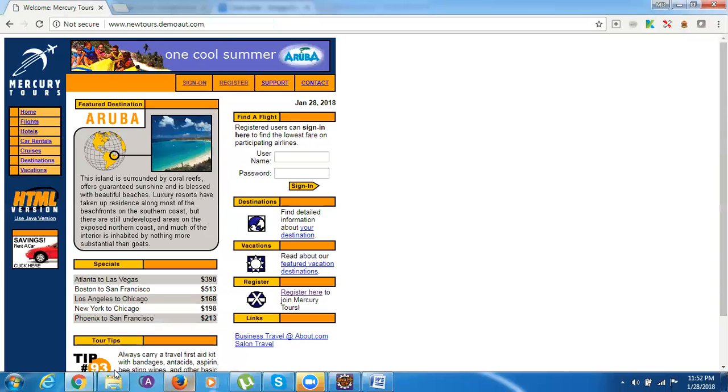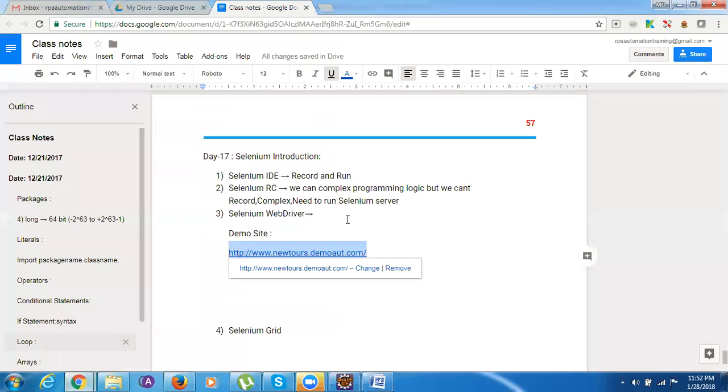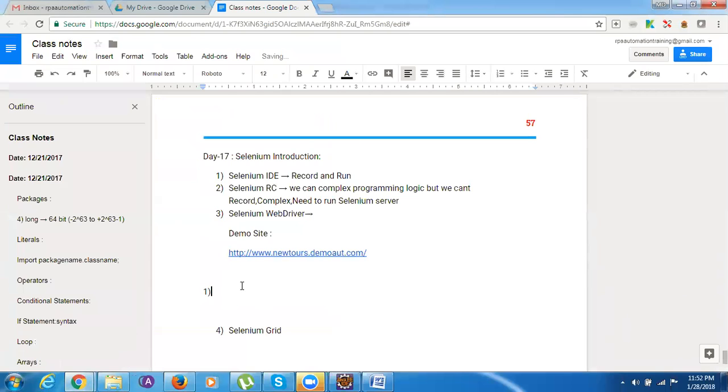Okay, so let me write over here. First step is launch Chrome browser. Right, it's a manual test case. In manual test case we write some test steps, as we have already discussed. Launch the Chrome browser, then